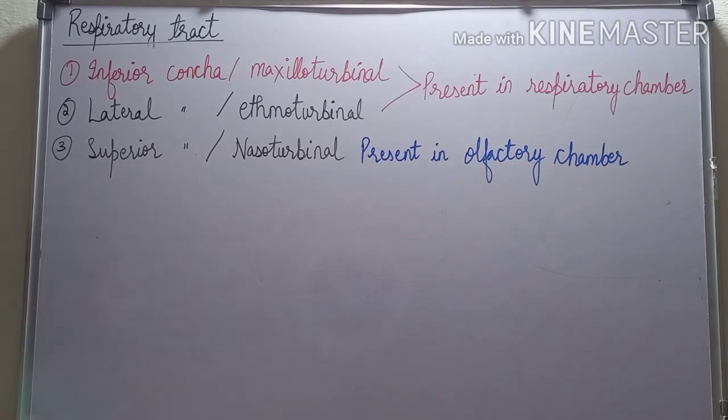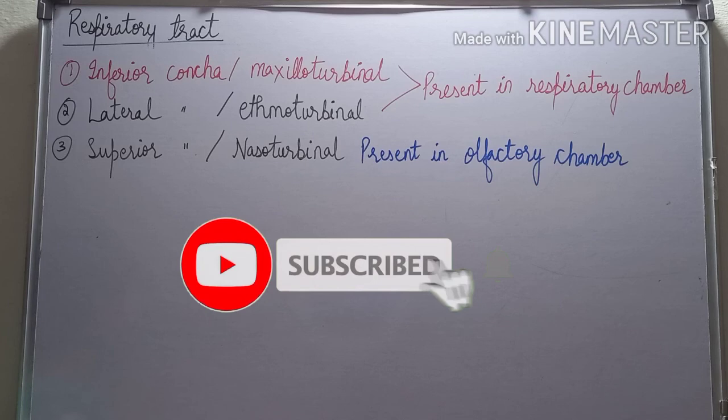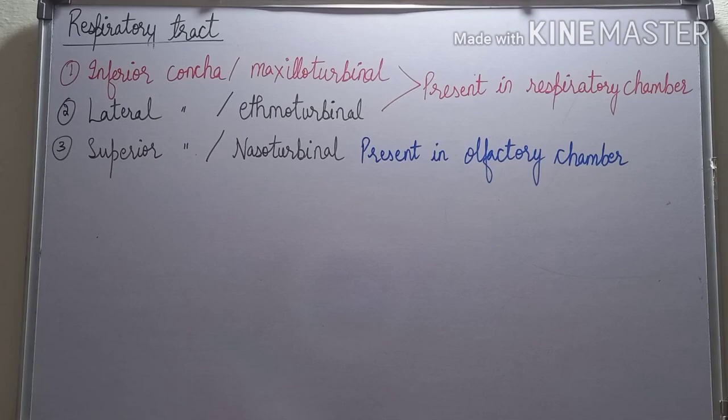So with this we have finished the four parts of our respiratory tract, that is external nares, internal nares, also known as internal nostrils, and the nasal chamber. It starts from external nares, then nasal chamber, and then internal nares. So in our next video we'll be studying the next part of the respiratory tract, that is the larynx, which is also known as the voice box.